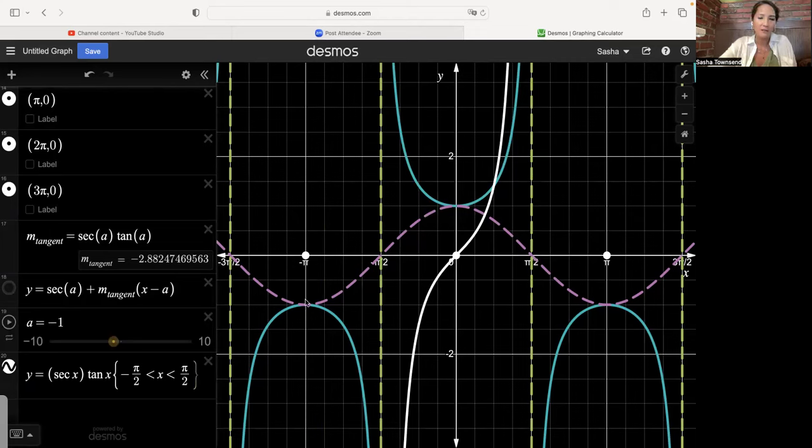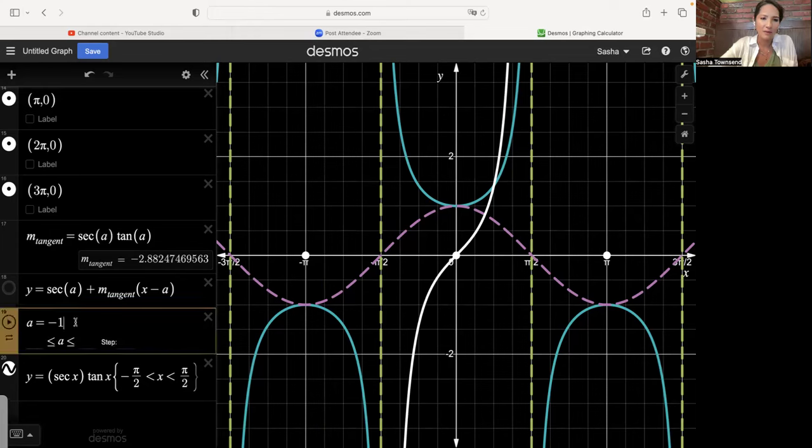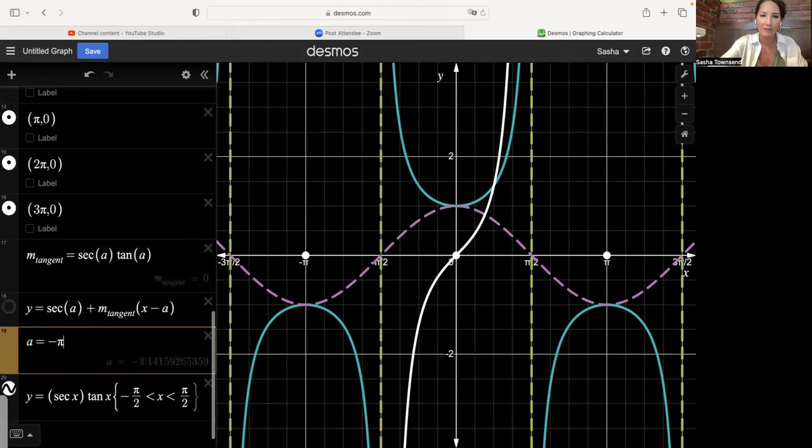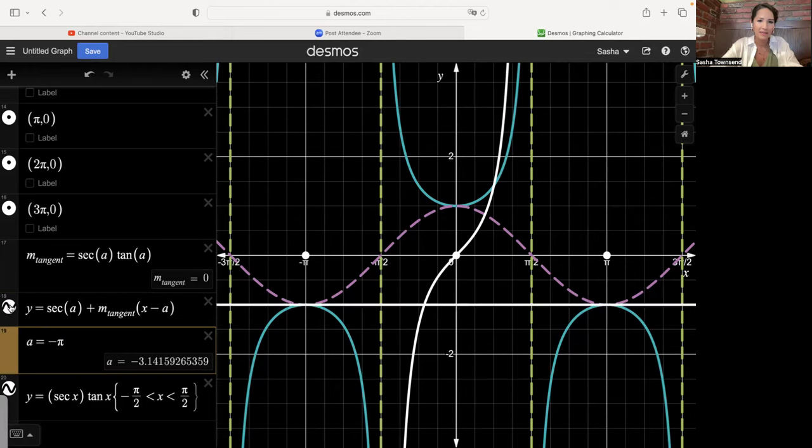Now, when we look at the tangent lines on a branch from, say, negative 3 pi over 2 to negative pi over 2, we're on a branch over here in the vicinity of pi. So maybe we need to come up with a values near negative pi. And let's graph the tangent line now. That tangent line has a slope of 0, so our derivative is equal to 0 there. And then as we decrease a,